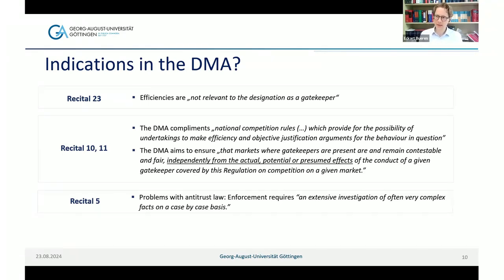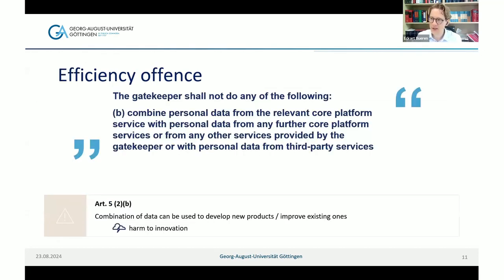Coming back to these recitals, that certain obligations are irrelevant of the presumed effects, this is something that we can see quite clearly in certain provisions of the DMA that actually can be labeled a kind of efficiency offense. I've said efficiency defense so far, that the undertakings put forward efficiencies to fend off certain prohibitions or obligations, but the legislator can actually deliberately say, I don't want the gatekeeper to be able to profit from certain kinds of efficiencies, because